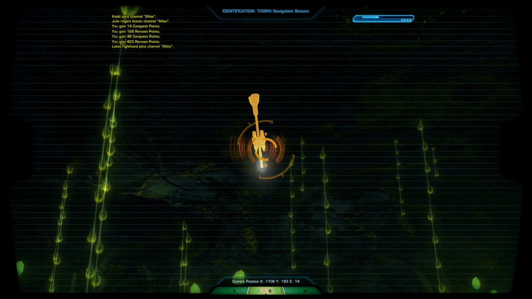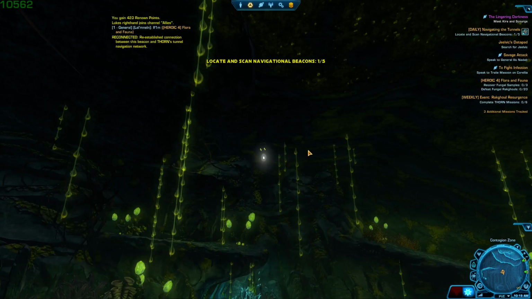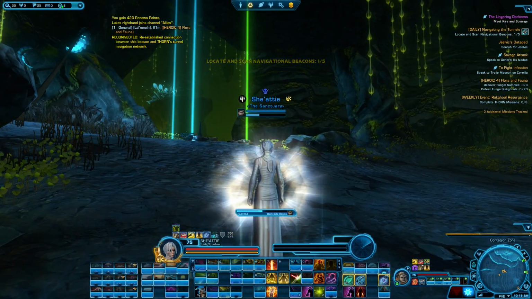So you select the beacon, click on it, and this will get you another canister once you complete the beacon mission. Now I'll show you what...